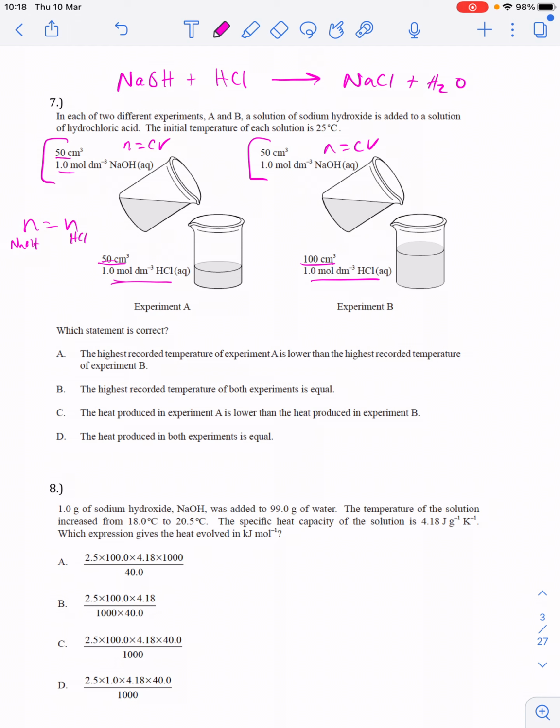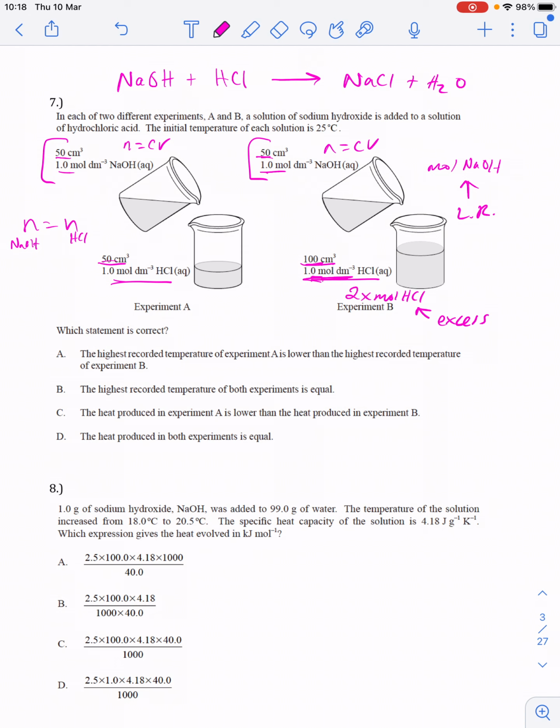In this other one, I can see I have 50 cm cubed of 1 molar, and in this one I have 100 cm cubed of 1 molar. So in this instance, I have 2 times the moles of HCl than I do moles of NaOH. Now what that means is that the NaOH is the limiting reactant, and the HCl is in vast excess because we have twice as much of it as we have of NaOH. So adding all this extra HCl actually doesn't increase the amount of energy that you're going to release. The amount of NaOH is the same in both situations,